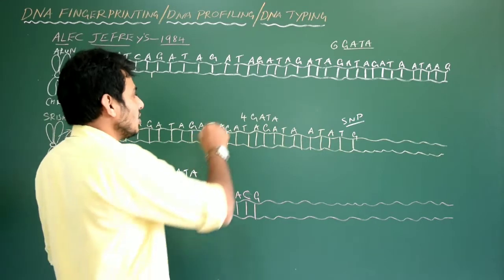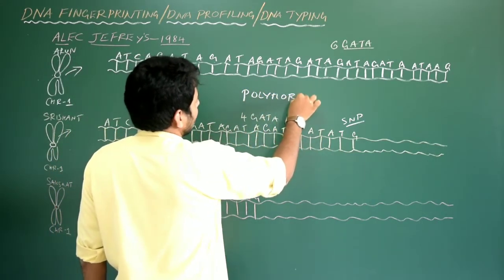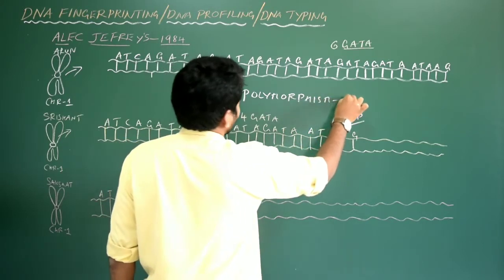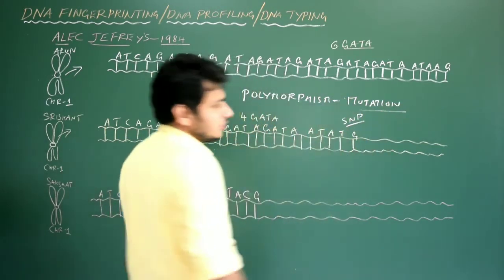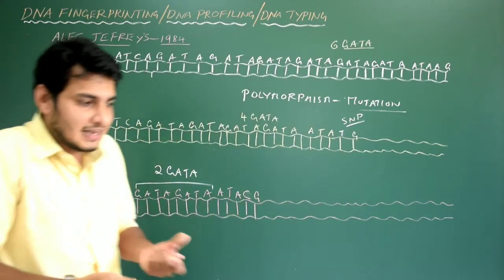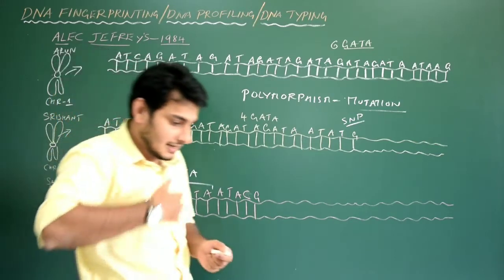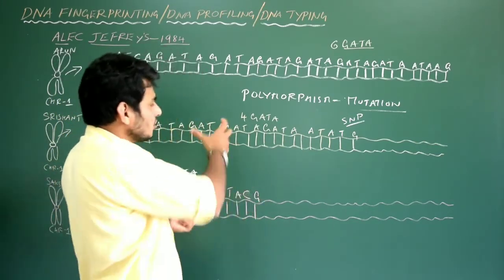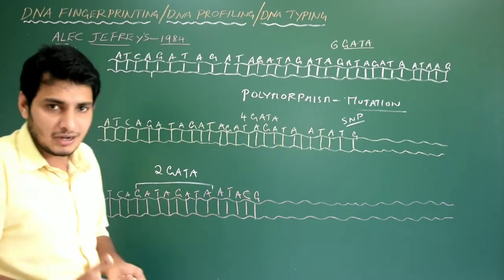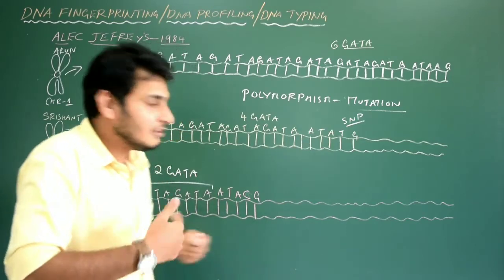It is also called polymorphism. What is this polymorphism? Polymorphism is a result of mutation. It is mainly due to mutation. Mutation here does not mean a sudden mutation happening in my body now or in my lifetime. It took a lot of years, through evolution. During the course of evolution, somewhere the mutation has taken place, and that is what makes us different individuals, but belonging to the same species. Why are we the same species?